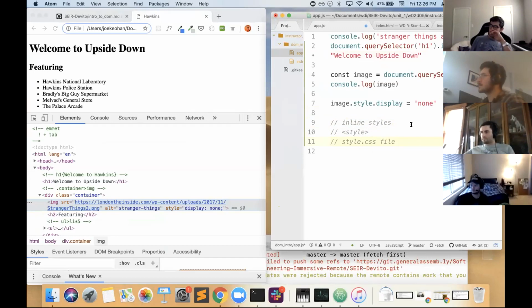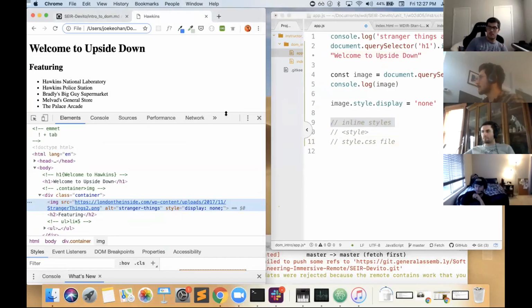Inline styles are the highest priority and will override any of the others no matter what specificity they have, because it's closest to the element. It's like touching the element. It has such close proximity to the element that its influence is so great that these other things cannot override it. So when you manipulate the DOM with JavaScript,